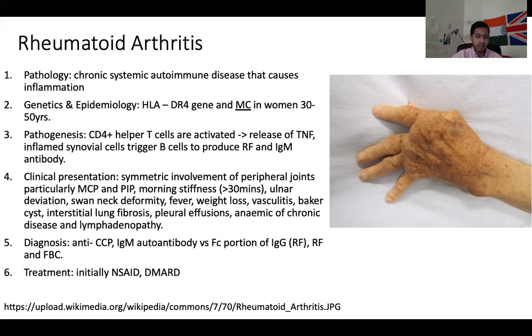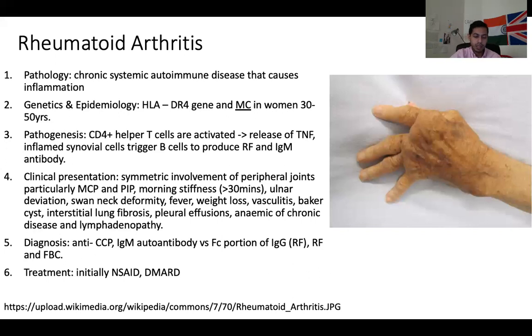Then they trigger B cells to produce rheumatoid factor and also IgM antibodies against the Fc portion of the IgG. Basically these two, the rheumatoid factor and the IgM antibody, form immunocomplexes. It's a hypersensitivity type 3 reaction, and it also involves the complement system becoming activated, and this causes